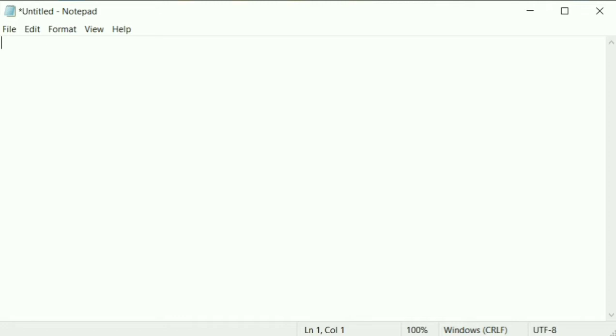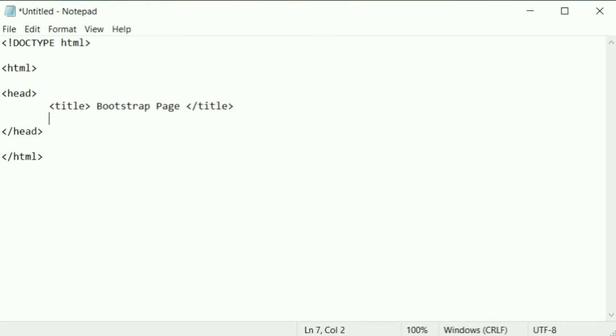To understand the grid system better, we can create some sample responsive HTML. For that, I'm going to create an HTML page with the usual tags, doctype html, and I'm going to create the html tag as usual. Within that, I'm going to create the first tag, the head, which is the metadata about this particular HTML. I'm going to give the title as Bootstrap page. This is just to understand the grid system.